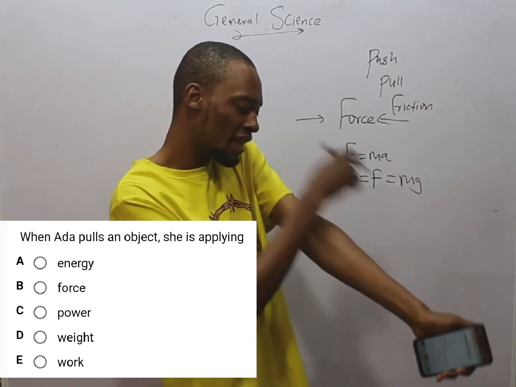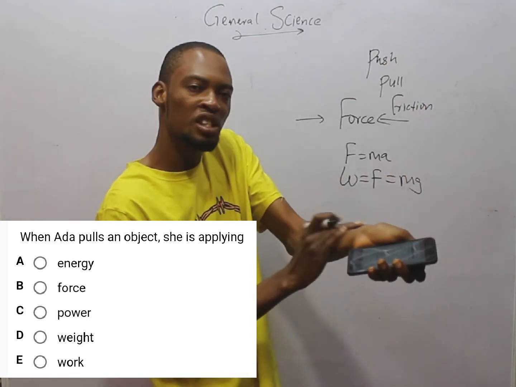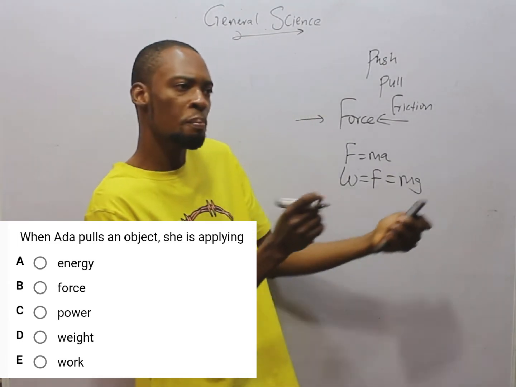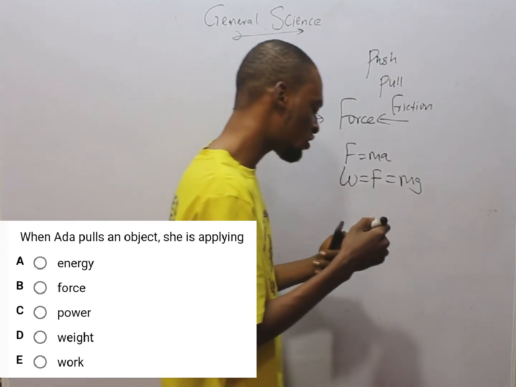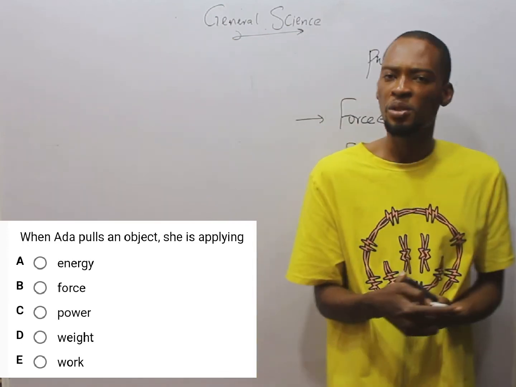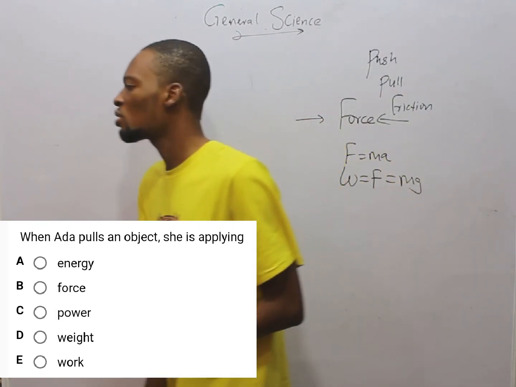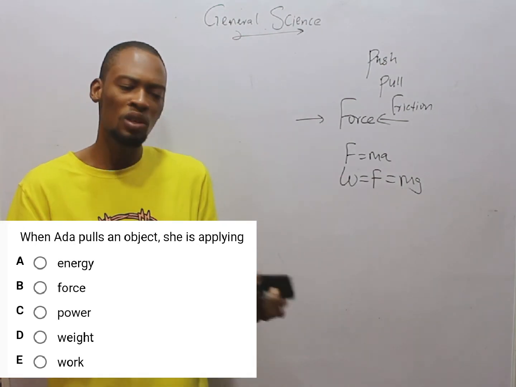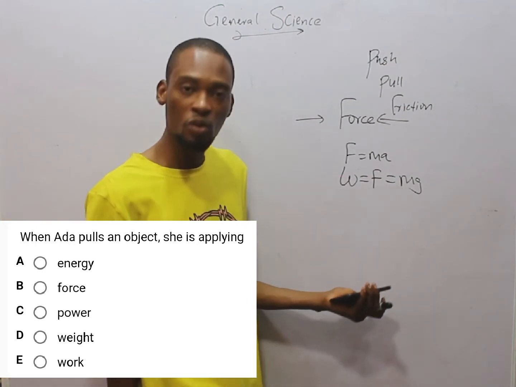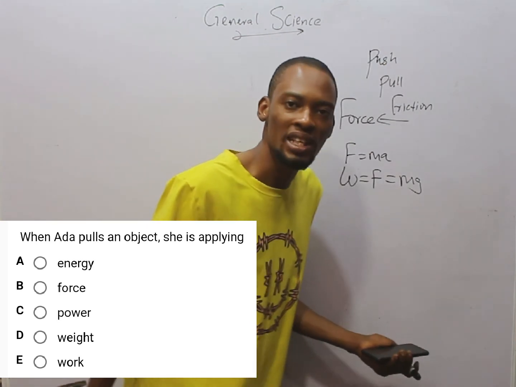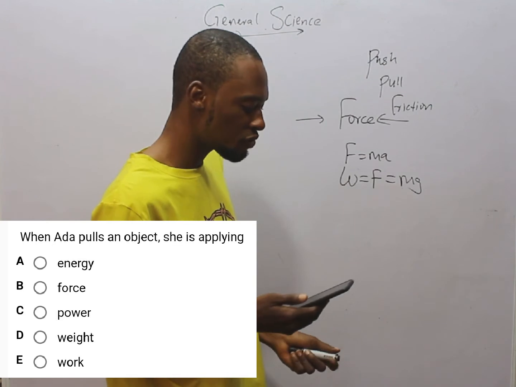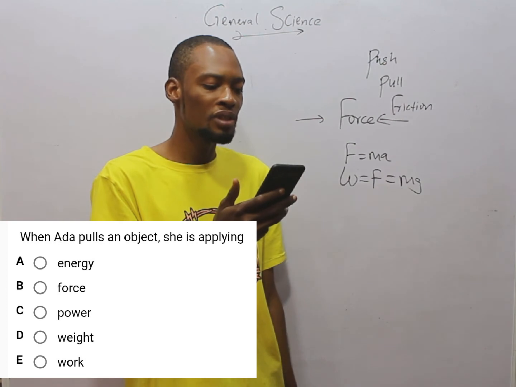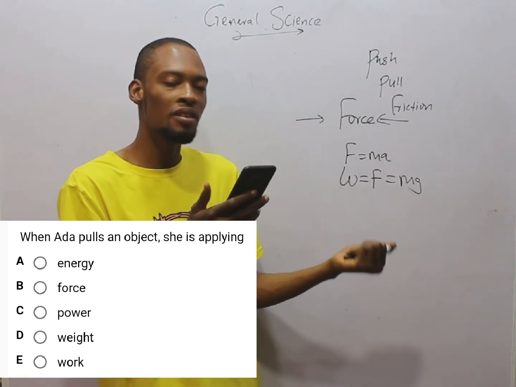When two bodies try to slide over each other, you see there is a force that tries to resist motion. Don't move. Don't pass me. So the force is making you not to move. It's resisting motion. That force is referred to as frictional force. And friction is the reason why the efficiency of a machine is not 100%. If you have a generator, when it's new, it works well. With time, you notice that it wears out. Even your slippers or shoes, when you check the sole after some time, it has worn out. That is as a result of friction. So friction has caused it to wear out, which means when Ada pulls an object, she's applying force.